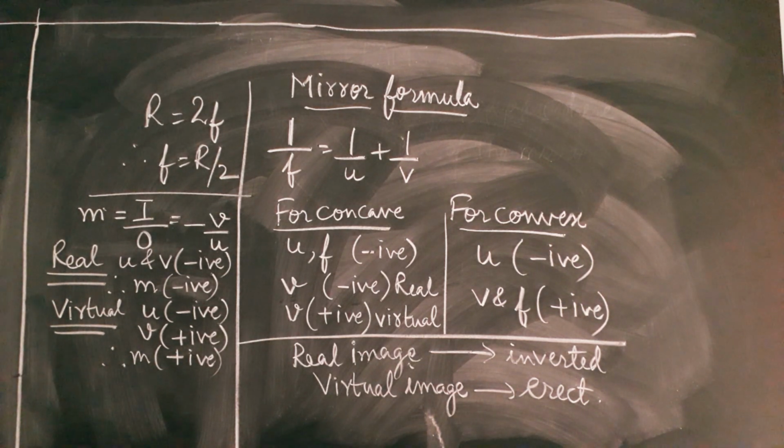After this, I go to the last topic of the chapter, in which I am going to discuss the different uses for concave and convex one by one. How are concave and convex mirrors useful in our day-to-day life? We are going to look at that. Okay. So before that, I am going to keep this for you for 1 more minute. Have a careful look at these different sign conventions and the formula, and later on, now I am going to begin with the different uses for concave and convex.